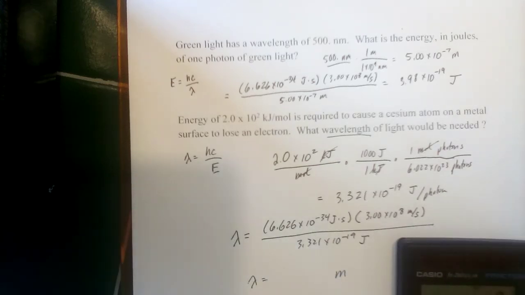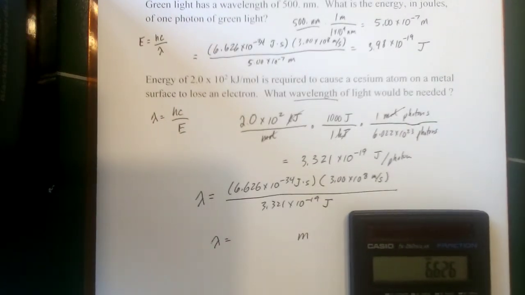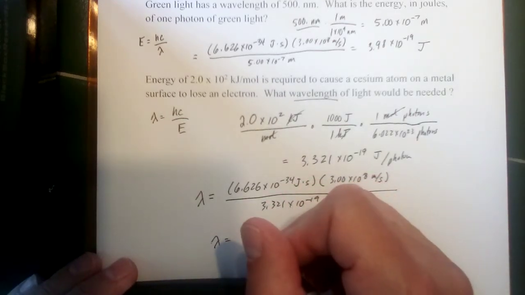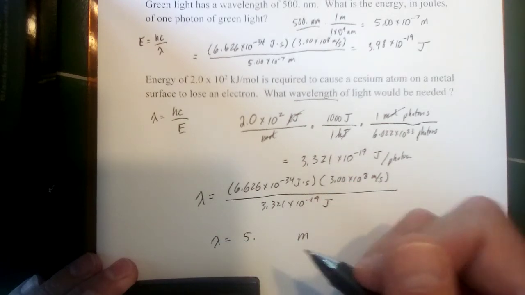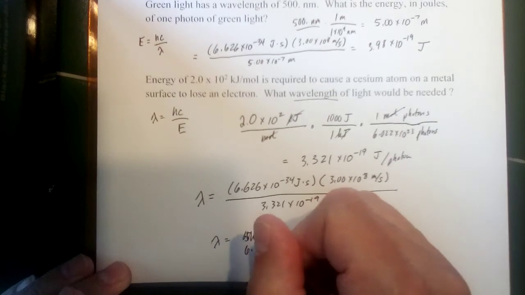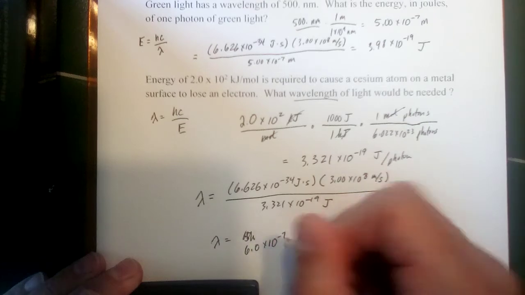Right? But I've got a lot of scientific notation I've got to plug in correctly and properly to make sure this works out. So 6.626 times 10 to the minus 34th, multiply that by 3 times 10 to the 8th, and then divide by 3.321 times 10 to the minus 19th. And that gives me 5.985 in the coefficient in the scientific notation, so that's going to round to 6.0 to only 2 significant figures, times 10 to the minus 7th